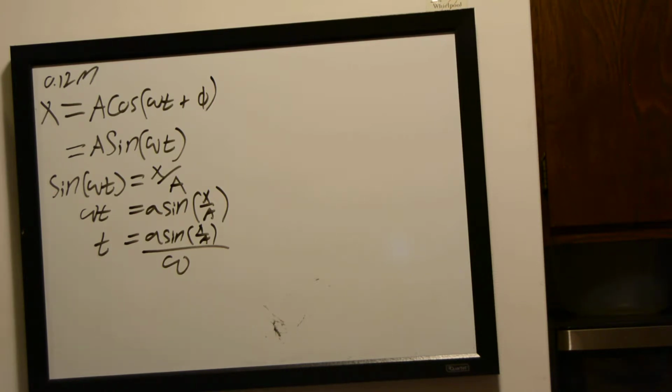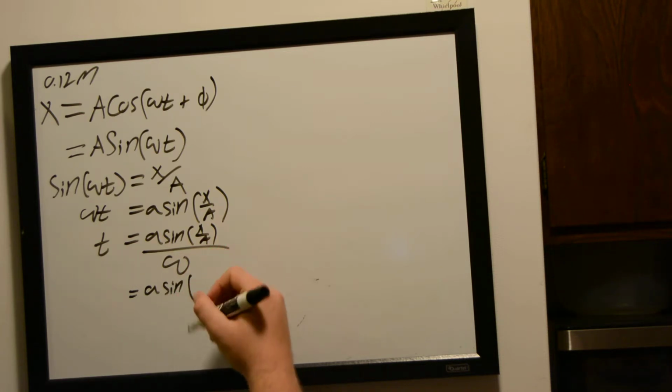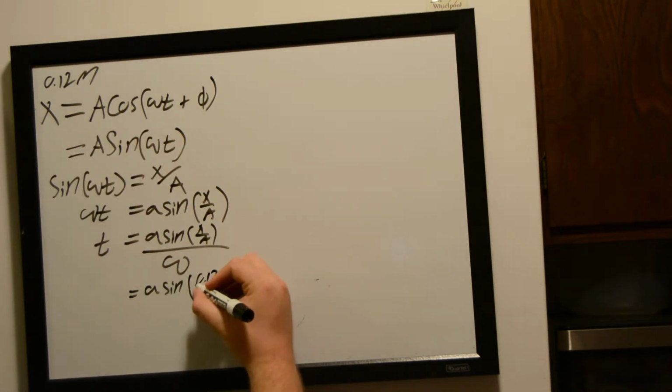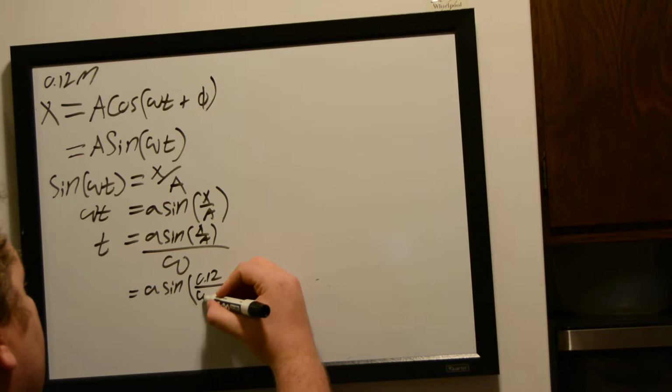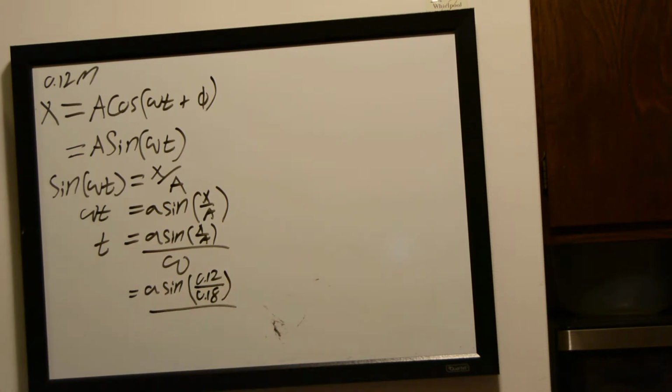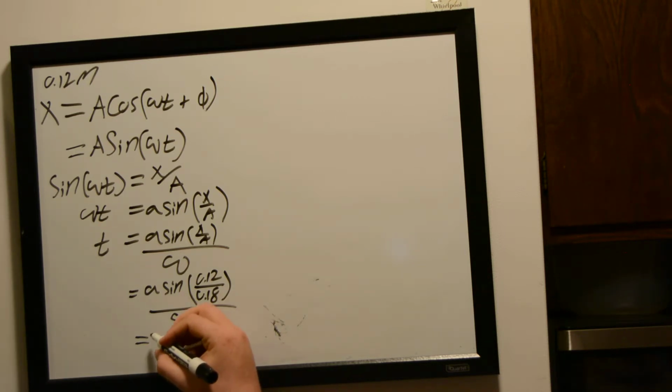Alright, so then that's going to give that our time is equal to the arc sine of our position, which we know is 0.12 meters, over our amplitude, which we were given at the start of the problem is 0.18 meters, divided by our angular velocity, which we found to be 5.34 radians per second. And then we do all this fun math and we find that our time is going to be given by